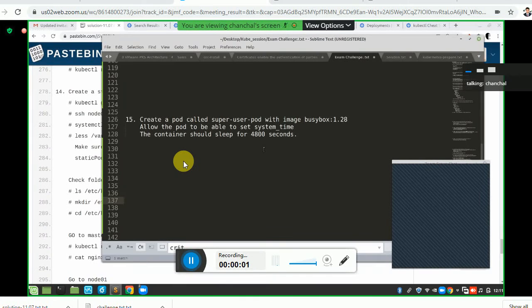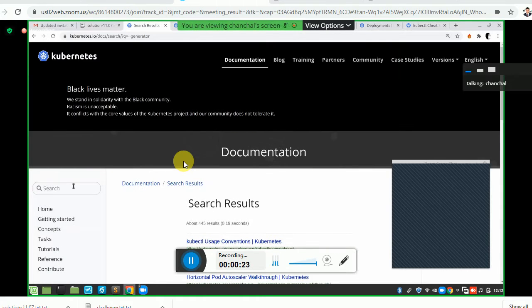Allow the pod to be able to set system time. The container should sleep for 4,800 seconds. Okay. So what is a super user pod? Let us try to find out whether any help is available for that. In Kubernetes, if it's a super user pod,